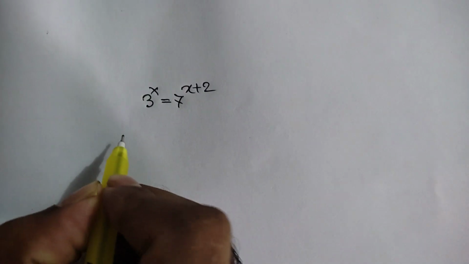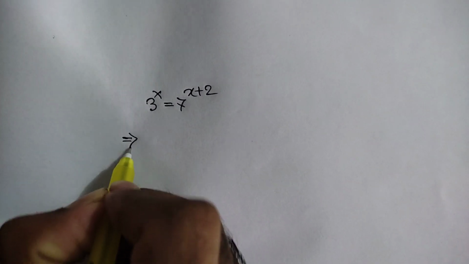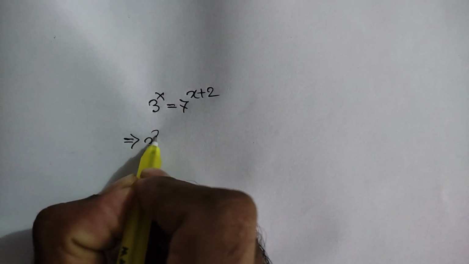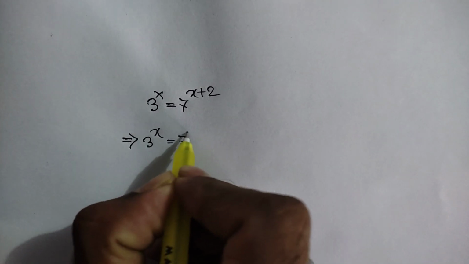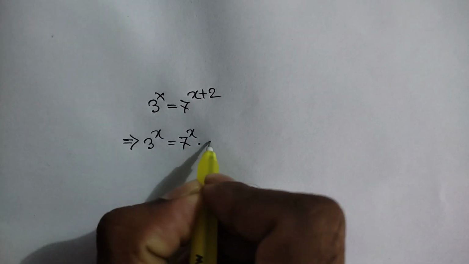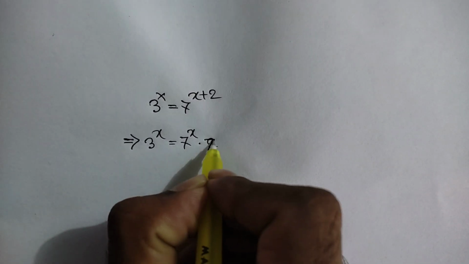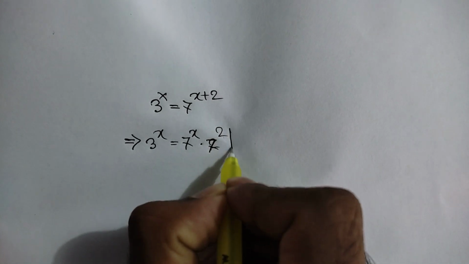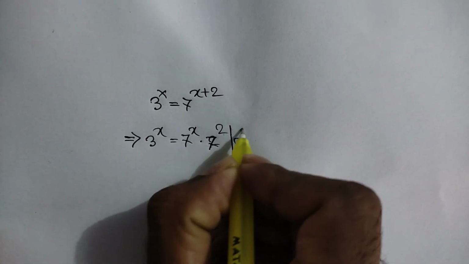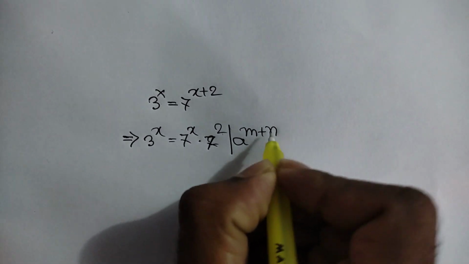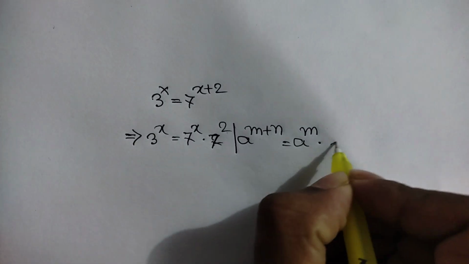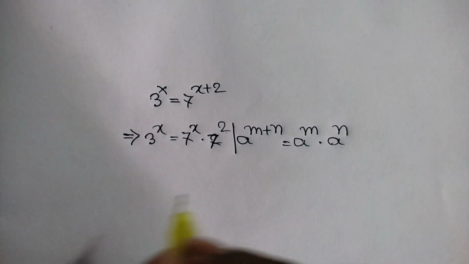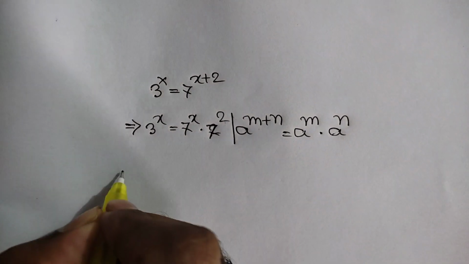From here we can write 3 to the power x is equal to 7 to the power x times 7 to the power 2. According to the law, a to the power m plus n is equal to a to the power m times a to the power n,